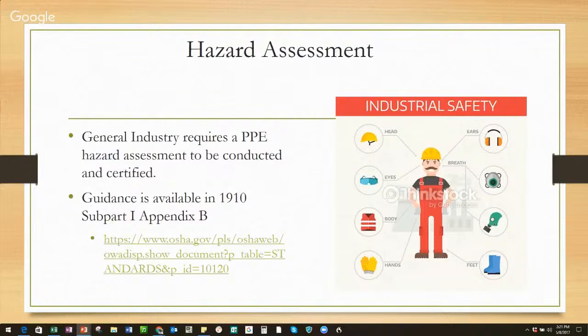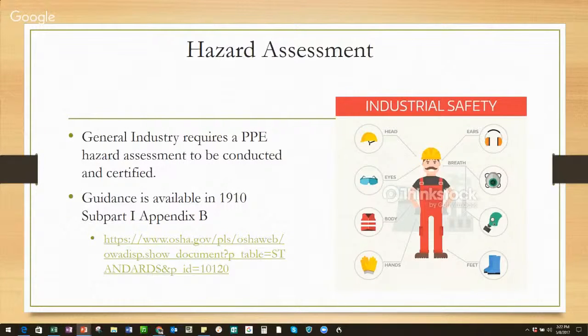The guy who's doing roofing is going to be under Part 1926 in construction, but the guy who's doing the maintenance is on 1910 general industry rules. So though they're on the same surface, they're actually under two different types of regulations. So the general industry side says that by law in 1910 Subpart I, and I believe it's like 132 or 134, one of those, you actually have to do a hazard assessment, a PPE